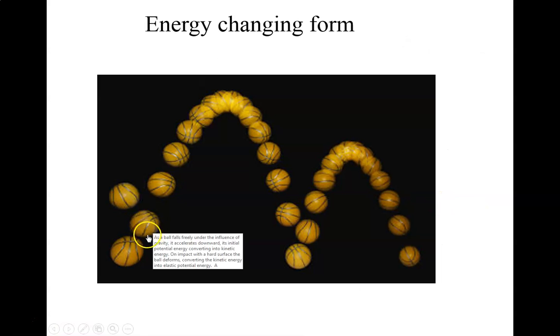So here's again conservation of energy. Here we've got a ball that's bouncing up into the air. When it's in the top of its peak, the energy is in the form of gravitational potential energy. And then as you can see, it's speeding up as it reaches the ground as the spacing gets further apart. When the ball actually is in contact with the ground, it's squished, and that energy is in the form of elastic potential energy, and that's what gives it the energy to bounce back up and rebound and jump back up into the air again.